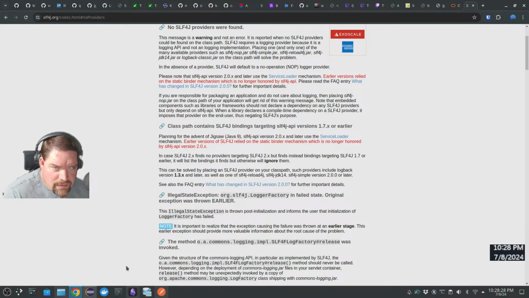Message of warning, not error. No SLF4J providers can be found in the class path. Logging provider, logging API, not logging implementation. Placing one, only one of the many available providers, that classy jar in the class path will solve the problem. This is a provider. SLF4J will default to a no operation logger. But